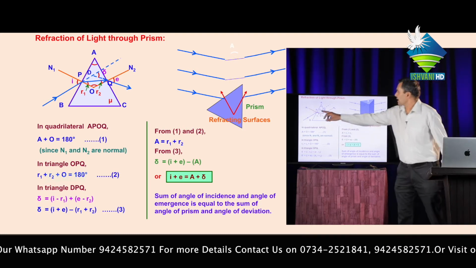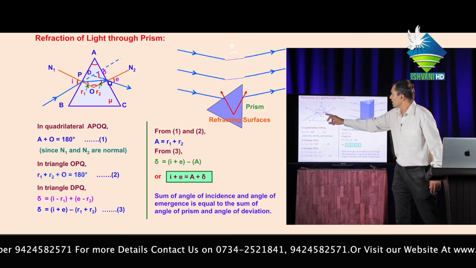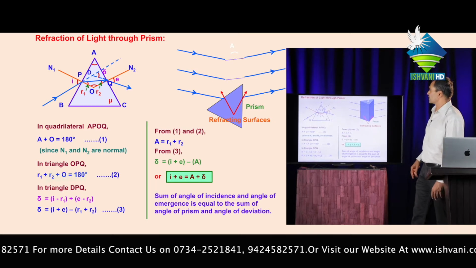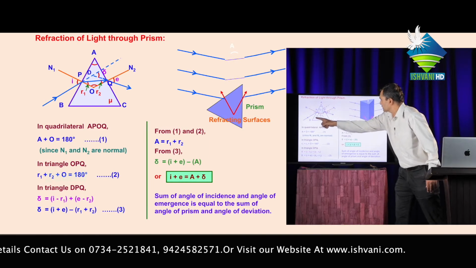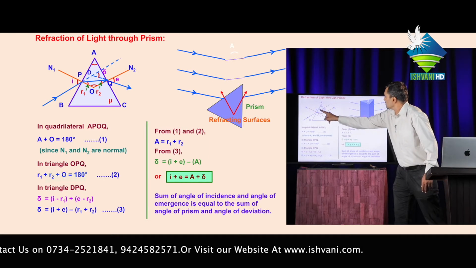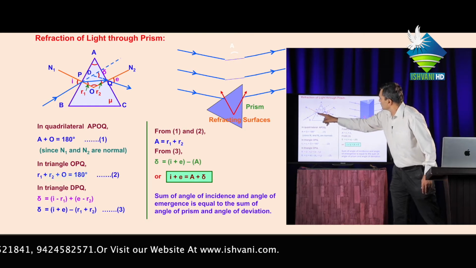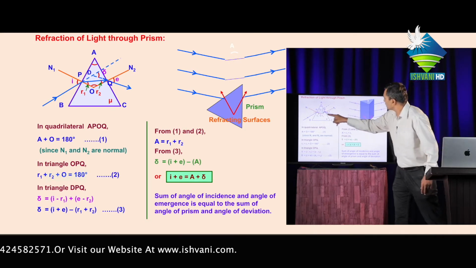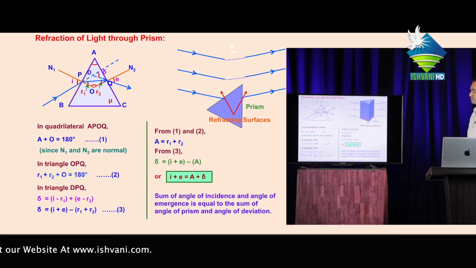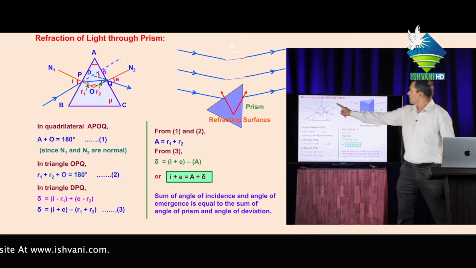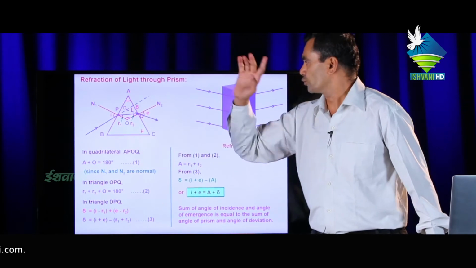This is the angle of incidence, this is the angle of emergence, and these two are the refracted rays. If the light ray moved in a straight line in the absence of the prism, and the emergent ray is extended in the back direction, then the angle between this ray and this ray is called the angle of deviation. Then in the quadrilateral APOQ,